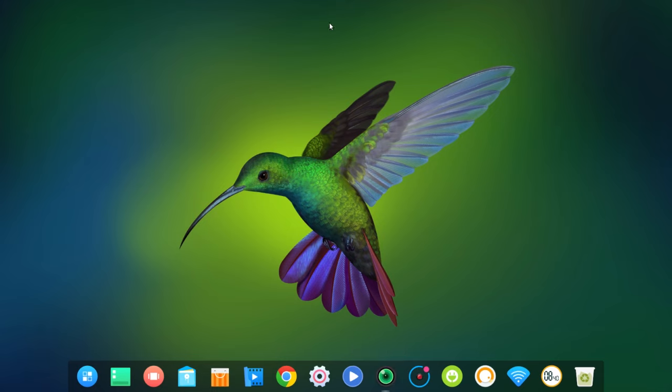A lot of times you'll find a separate panel at the top or at the bottom depending on where your controls or your dock is located. If it's over here on the left, a lot of times you'll find system tray icons in the upper right, for example. Here it's all combined into one, so you're going to interact with the Deepin desktop differently than you would your typical Linux desktop environment. So I wanted to make sure that that was clear to anyone who may be looking at Deepin for the first time. Now I personally like the way this is combined, and one of the reasons I like it is because it creates a clutter-free